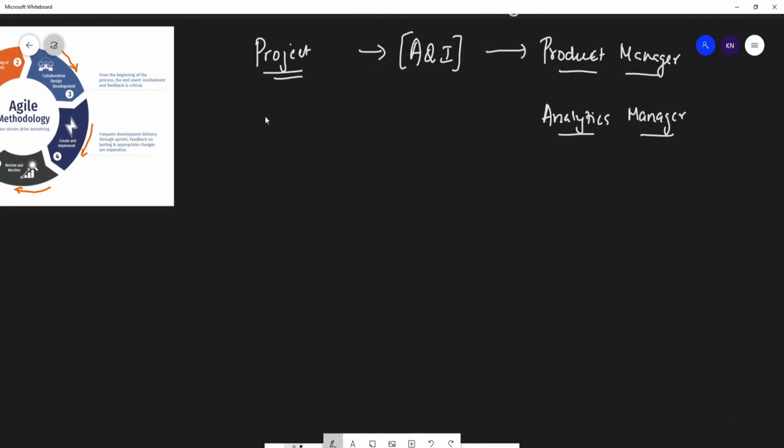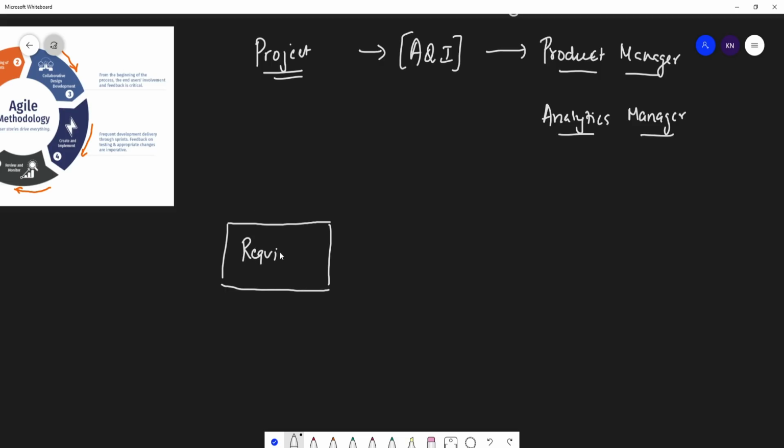So the first step, as usual, as it was mentioned, is requirement gathering. Okay, so here you actually have requirement gathering. In this requirement gathering, who are the people that are involved? The people that are actually involved, one is the product manager, and the other very important person is called the business analyst, the BA person.